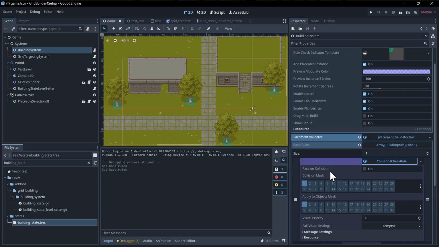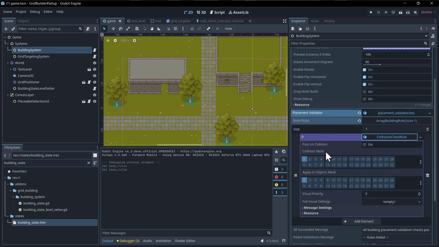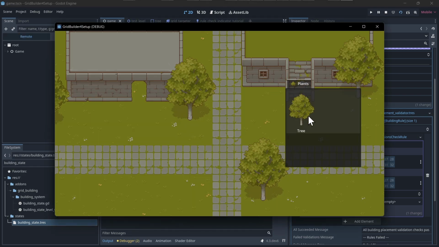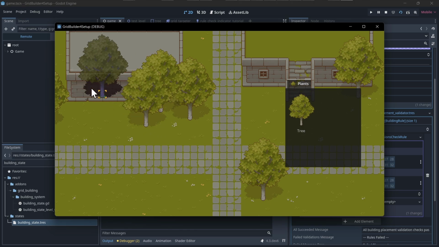In this case, we do not want it to pass on collision. We want it to fail on collision. The collision mask layer, we're going to check against layer 1, and we're going to apply this to any objects in the preview scene that are on layer 1 for now. So let's run the scene. I'm going to select the tree, and if we move it over the tree area, remember those have a collider, then you'll see that it's red, and if I left click, it won't place the tree into the scene. Anywhere else works, and currently even the walls here work